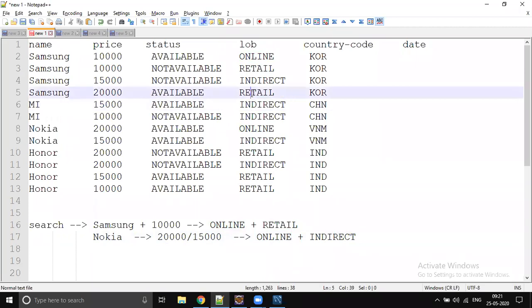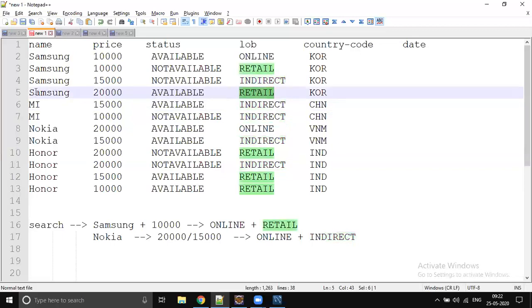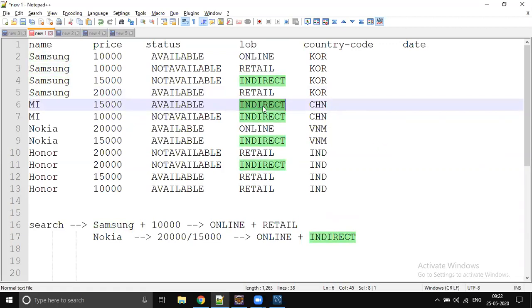Retail means it's our company, like a Samsung company outlet, whereas indirect means Big C, Lot Mobile, right? They are not direct company retail stores. They took the franchise and are selling the mobiles. So that is the difference between retail and indirect. Retail means the direct Samsung store, whereas indirect means it is not a Samsung store, but still they will sell the Samsung mobile.